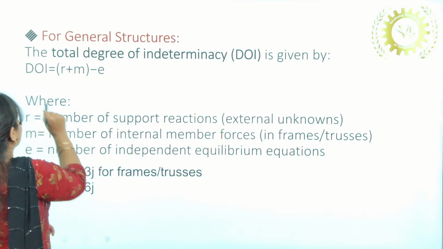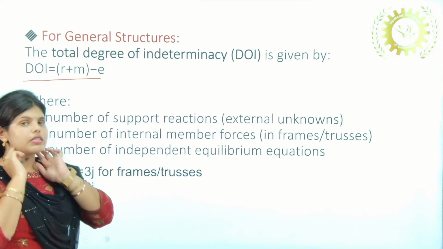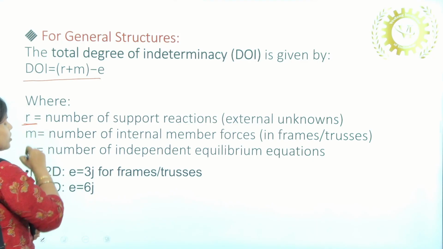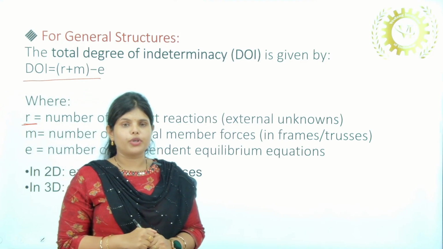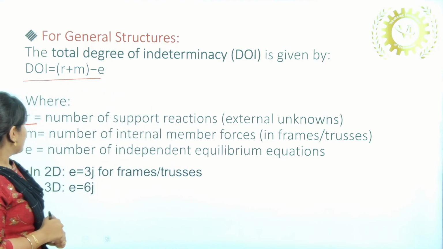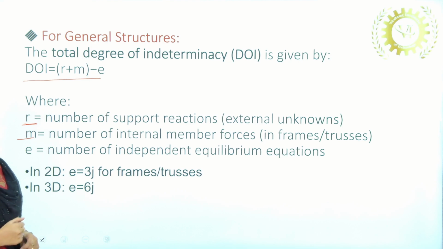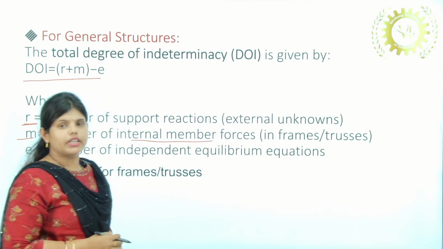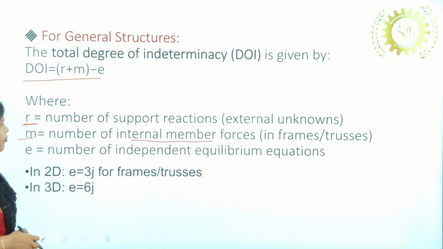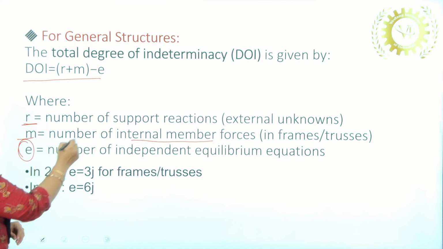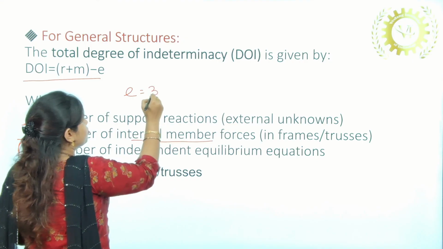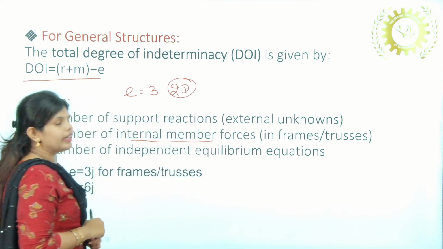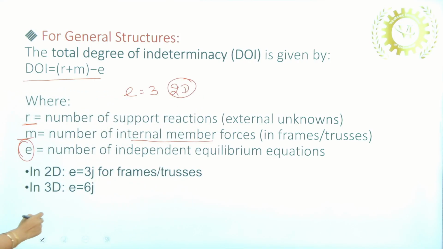The general formula is R plus M minus E. R is nothing but the number of reactions, the number of support reactions. M is the number of members, or the number of internal member forces in case of frames or truss. Another is E. E is always 3 in case of two-dimensional structures, and in case of three-dimensional structures, E is always